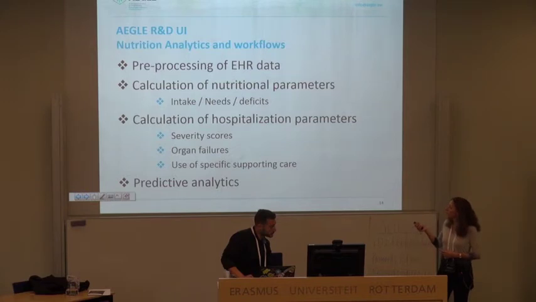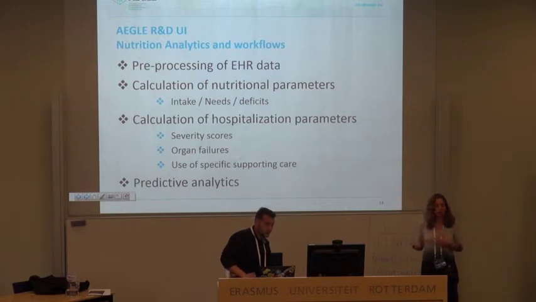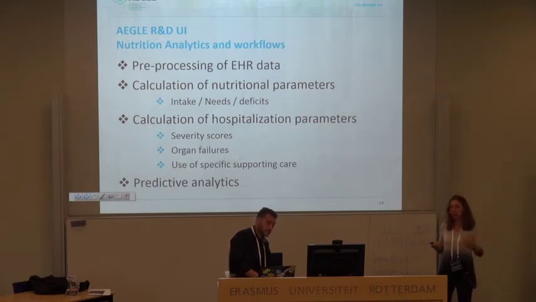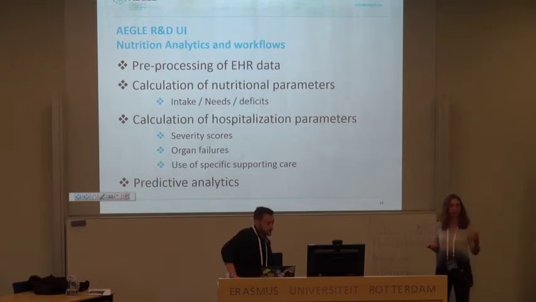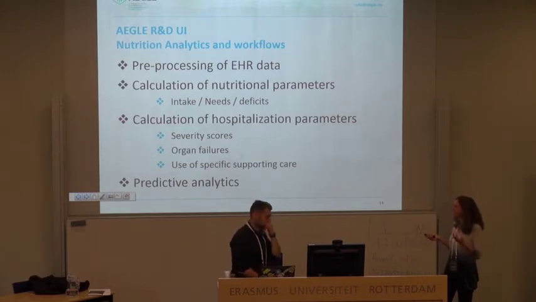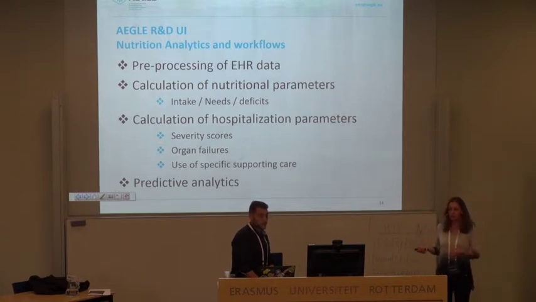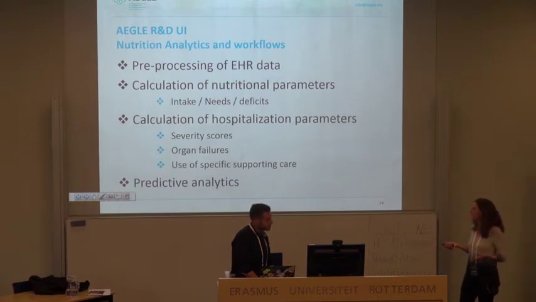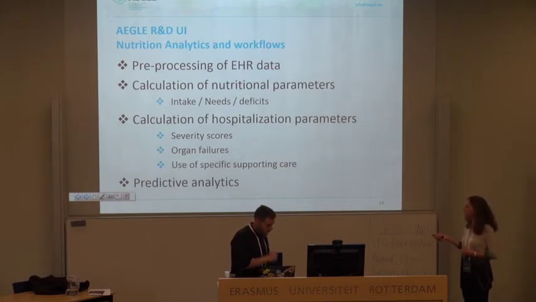When we want to investigate nutrition, we cannot do one size fits all, so we need to adjust our research, and we have to have some input or confounding factors, other parameters derived from hospitalization, like organ failures. Patients with a kidney failure are not the same as patients without a kidney failure, or with or without renal replacement therapy, that significantly affect nutrition. Severity score, you cannot compare a patient who came post-operatively very healthy and with just an increased heart rate or something with a patient who had just suffered a major trauma. So we need to adjust this in our research